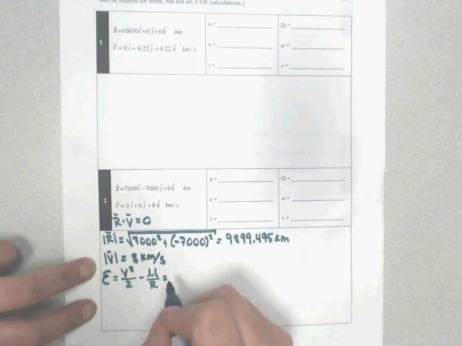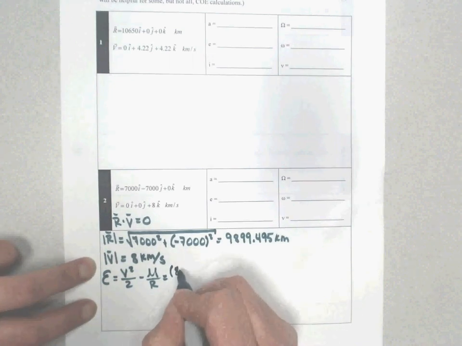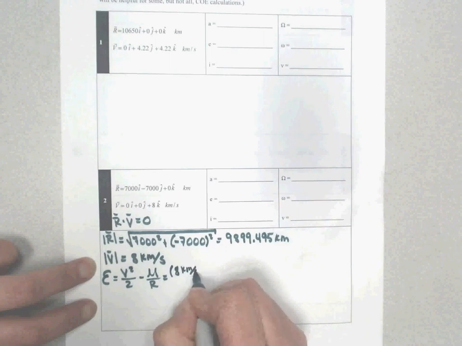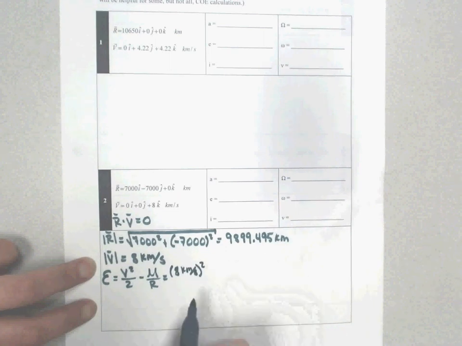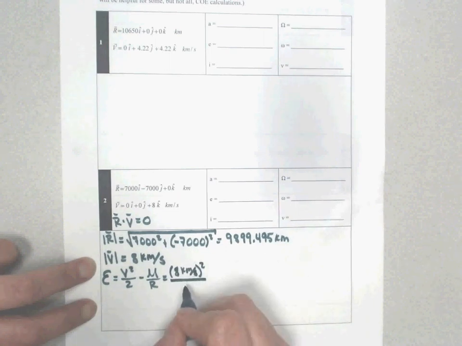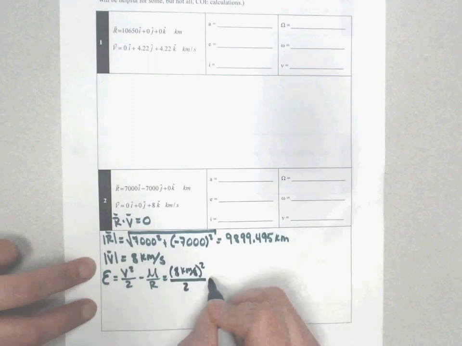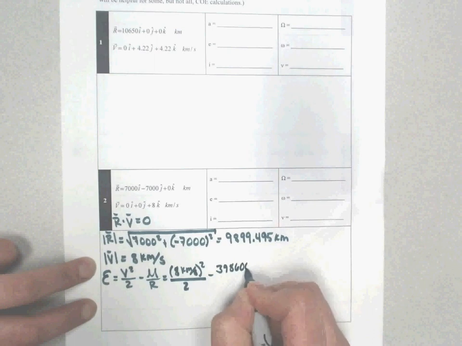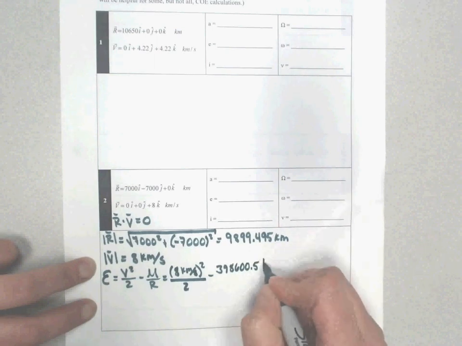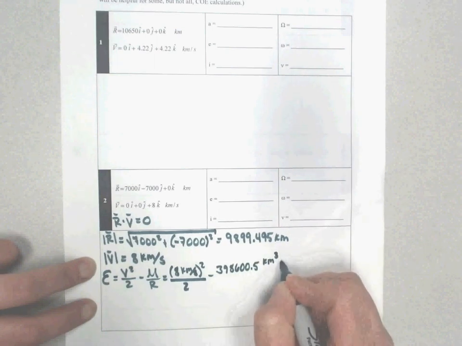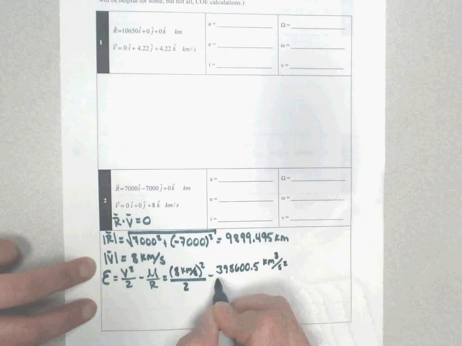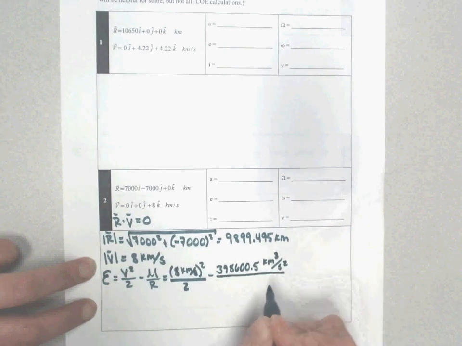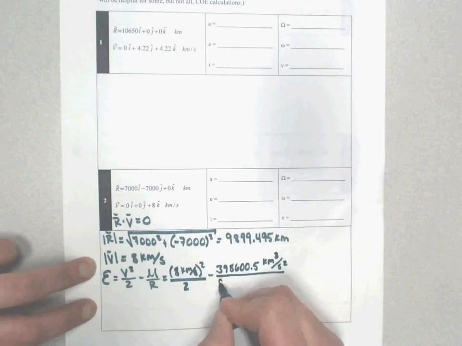So we have 8 kilometers per second, the whole thing is squared, including the units, over 2 minus 398600.5 kilometers cubed per second squared over R, which is